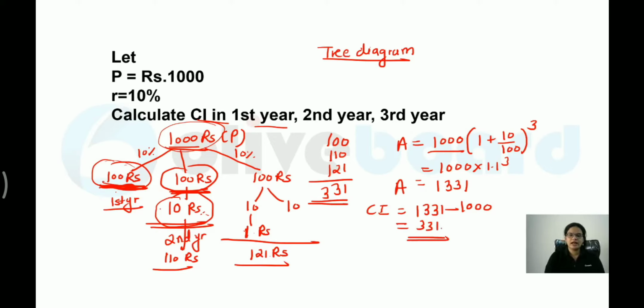So this is how you have to calculate the value using the tree diagram. But what is the advantage of the tree diagram? Each year can be calculated separately. So when they are saying first year, I got 100 rupees. Okay, second year, only second year is asked, so you have to add only this vertical column. Here it is not possible to get that using the formula. Are you getting it? So I'll tell you when to use the formula and when to use the tree diagram over there. Okay, so let us practice a few questions based on this concept.